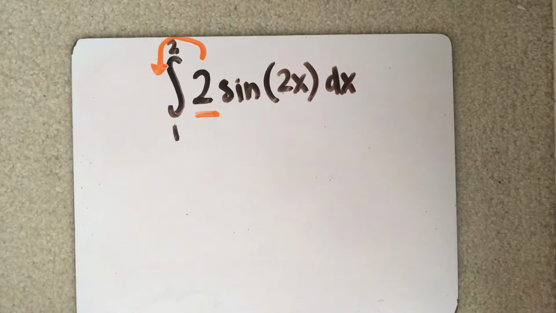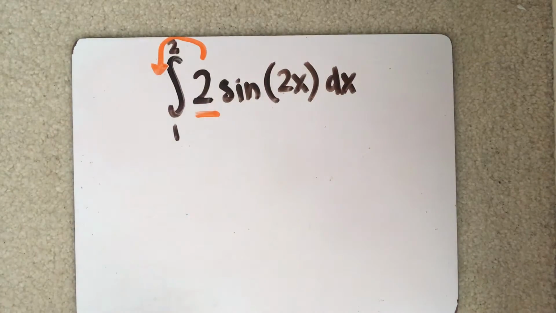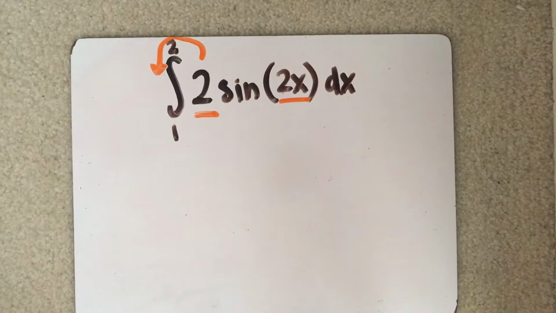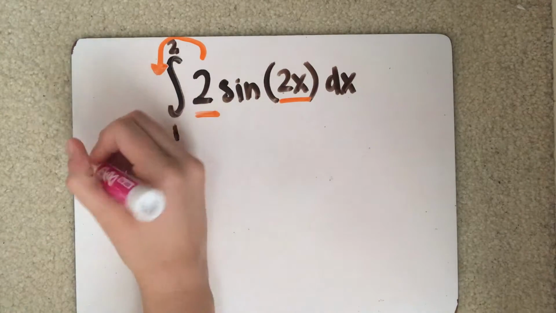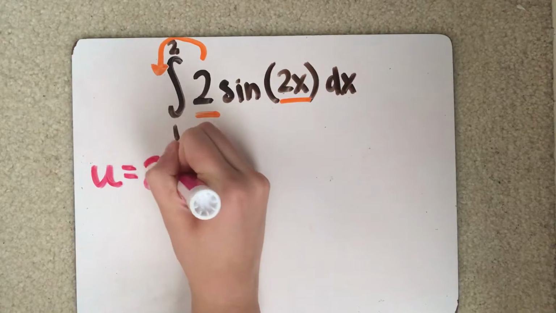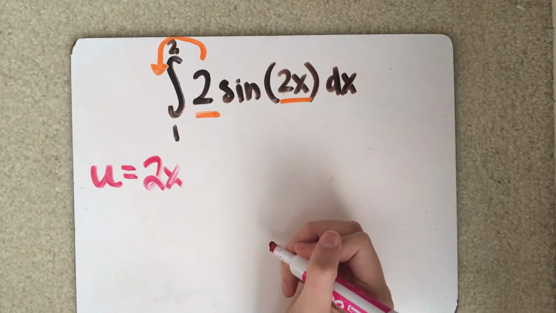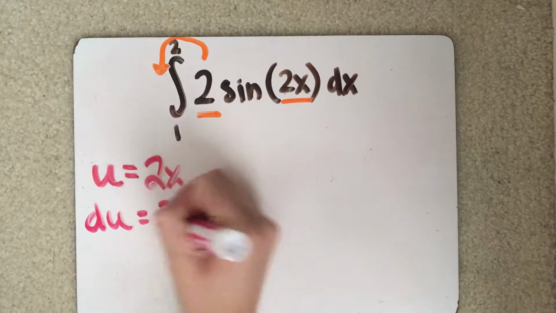Now, let's look at which part of the problem looks a little strange and looks different from the parent function of just sine x. This 2x right here within the parentheses within the sine function is different from what we're accustomed to seeing, different from that sine x that we're used to working with. So we can set our u equal to 2x in order to work with an equation that's a little easier for us. So u is equal to 2x, take the derivative of both sides, so du is equal to 2